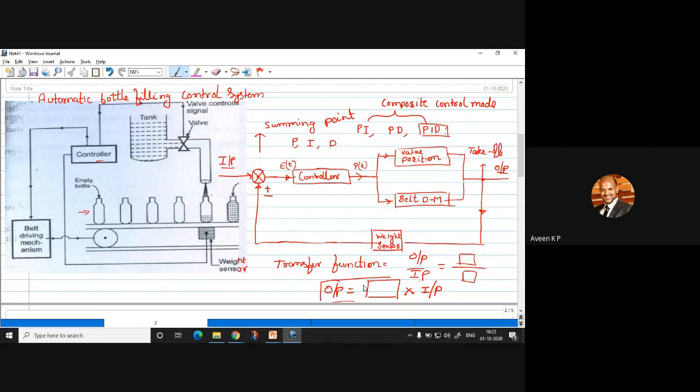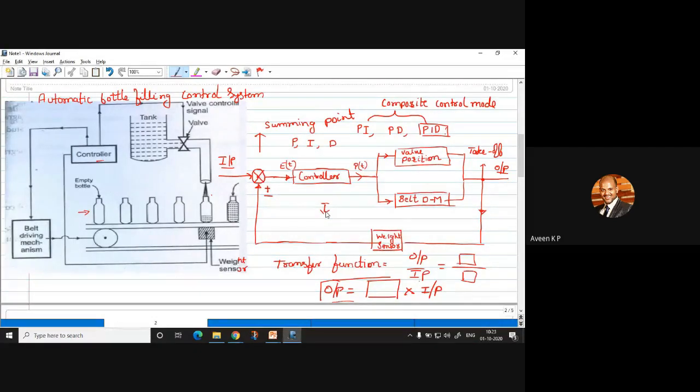I hope you understand. This is very simple. So in examination, you may not have any like to represent in block diagram. What they will do, they will give you this block diagram and you need to identify its transfer function. So that will be the question that may appear. So I discussed this to understand what is a block diagram.